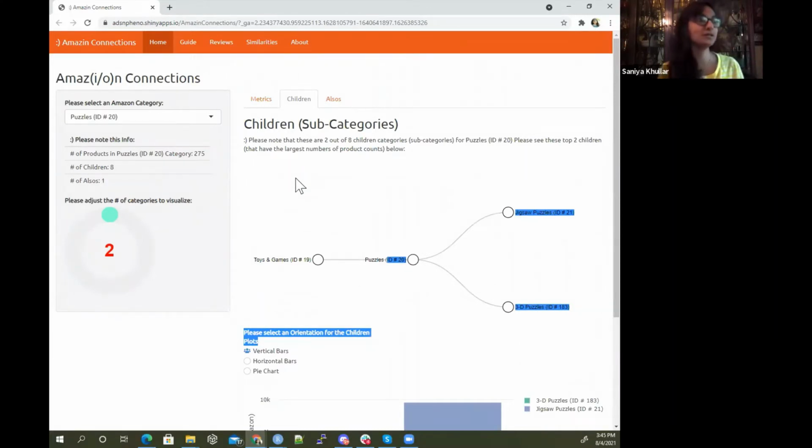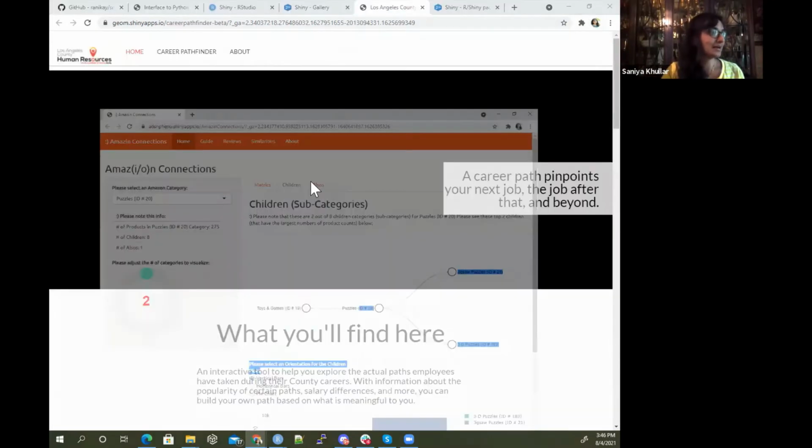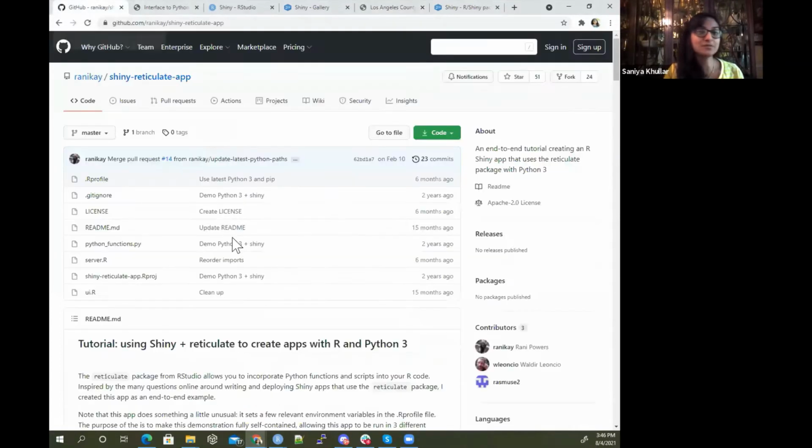So what if I want to run Python code in R Shiny in this web application? How do I do that? So let's see how we would go about doing that. I was hunting a lot. It was a hair-pulling experience to figure that out, because I can run Reticulate directly in R by itself. But when you're calling a web app,